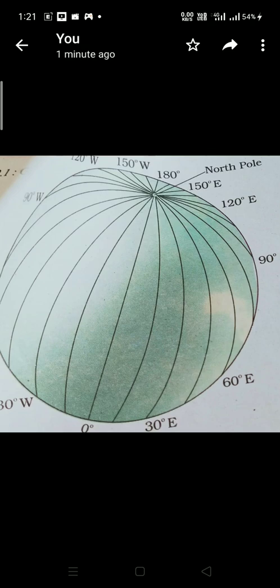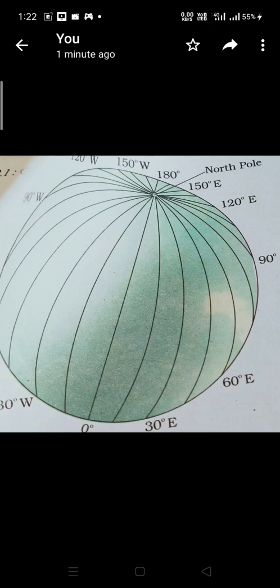For that we need to find out how far it is in the east or in the west, or at least we know one particular place. So from that place, how far is it to the east, or is it to the west from that place? That way we can make it out, correct? So for this thing we draw longitudes. What do we draw? Longitudes.